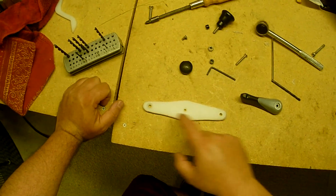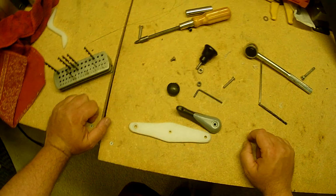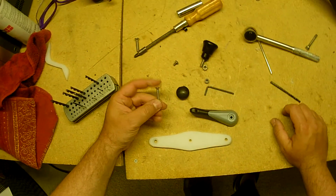These two are quarter 20, which is what this is. That standard knob fits right in there. So I ended up getting a 10-30 screw,